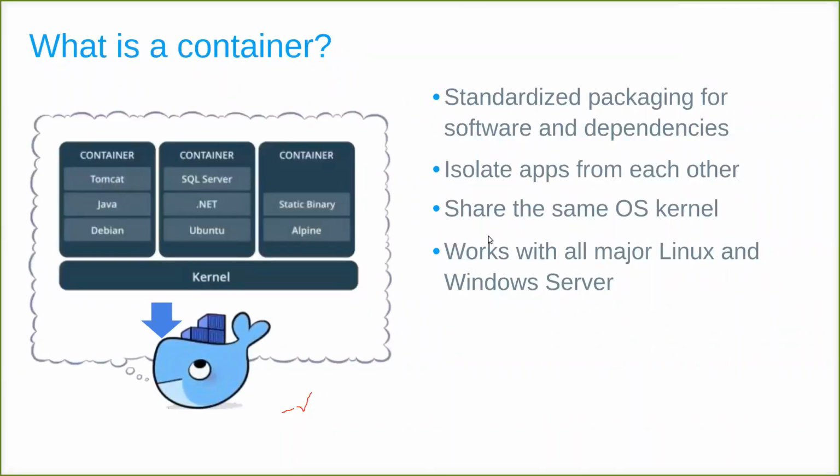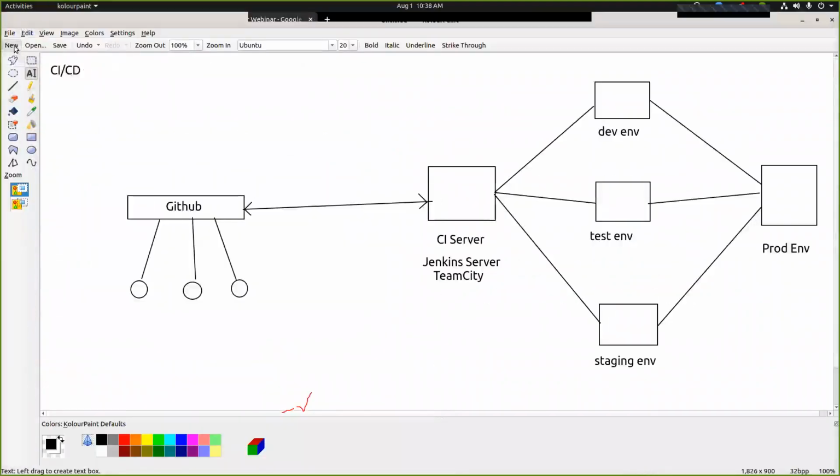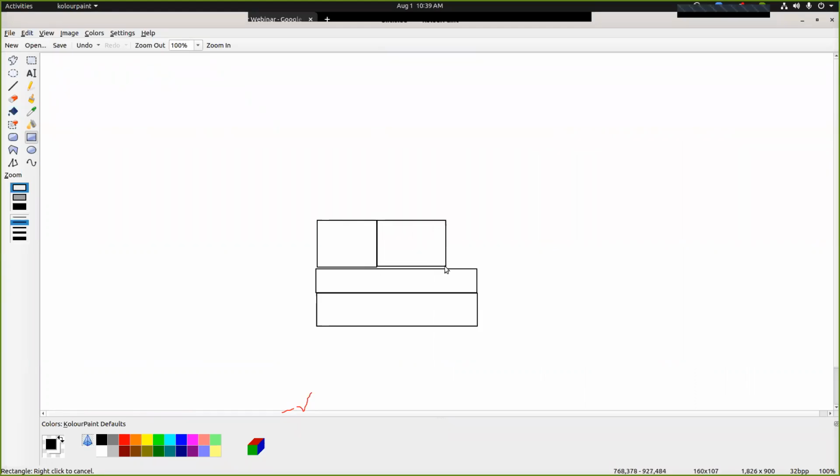Now let us discuss what is a container. Now still there is one server. Then we have a hypervisor layer, and on top of that we have virtual machines. The same architecture still we have, but instead of running the